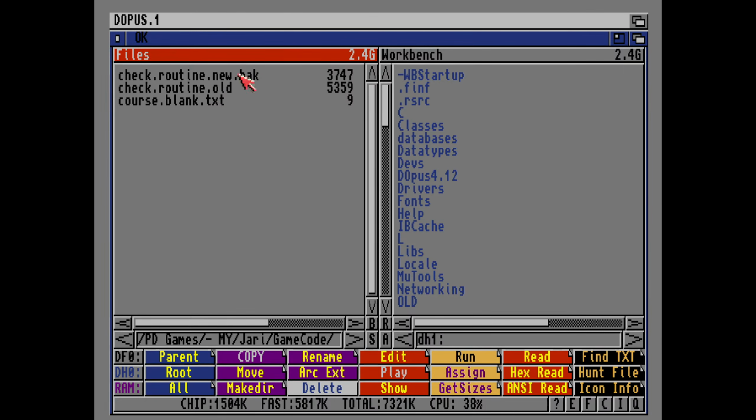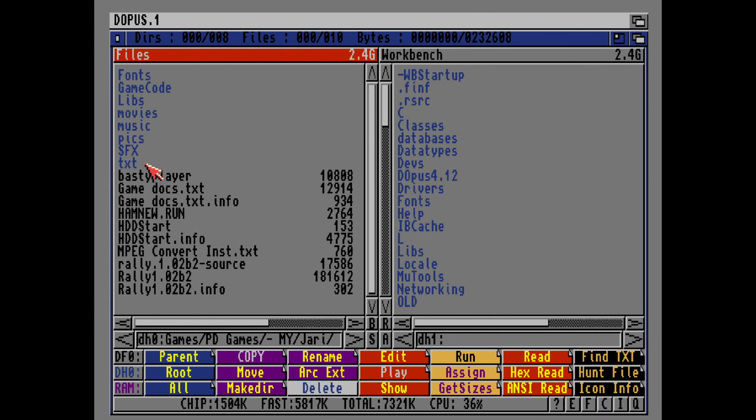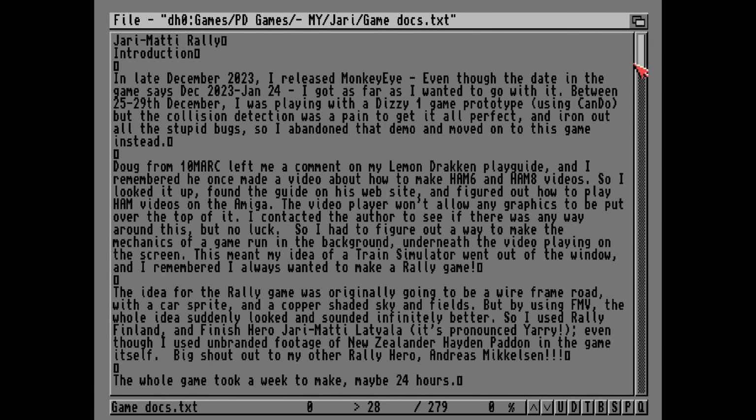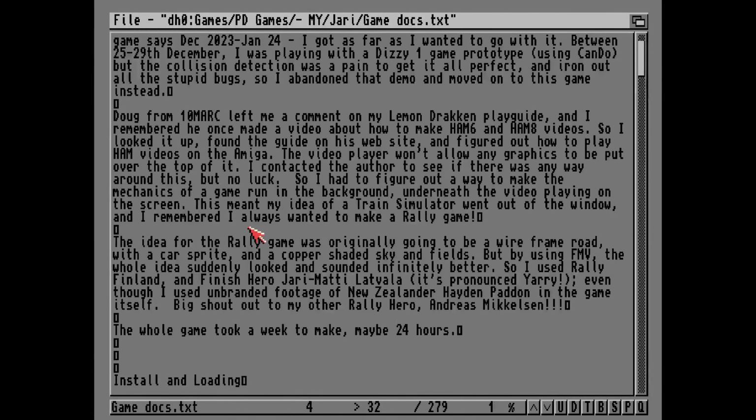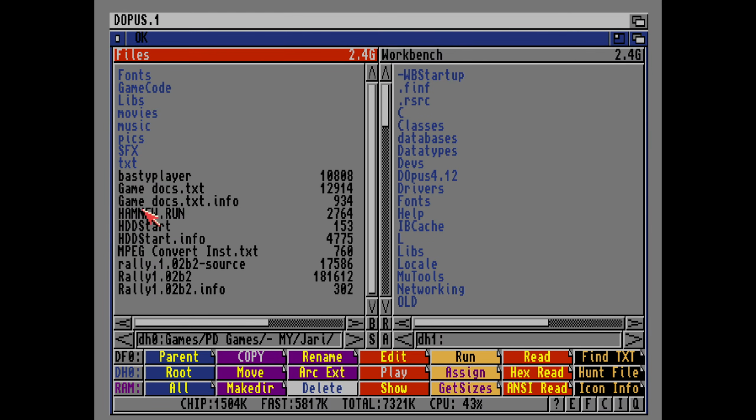So that's a backup in case you mess up the current track routine using the track editor and you want a reference track. Well, there it is. That's the original back again, so you can fix the game again. And that's the music player. And these are the game docs, obviously precisely what's on the internet. And then that is the